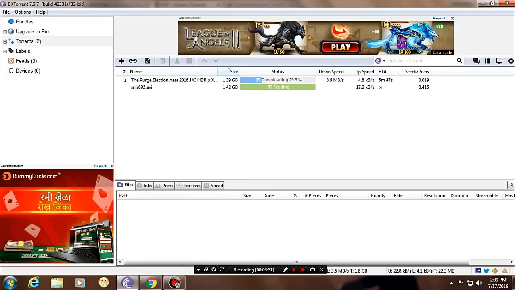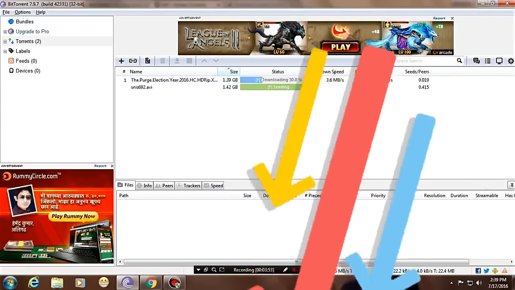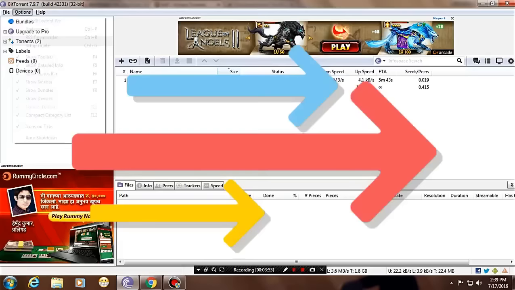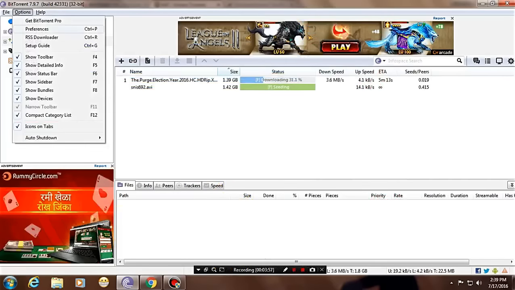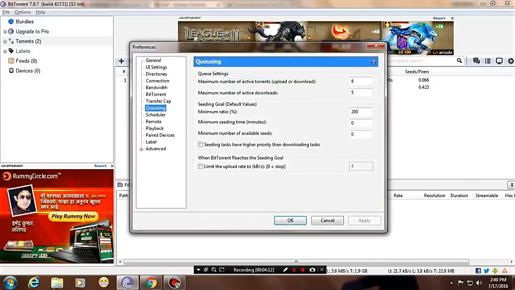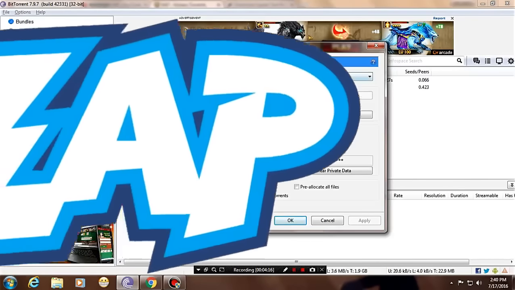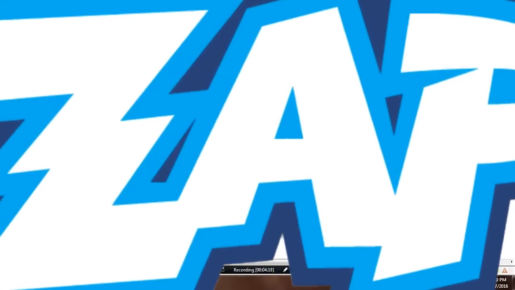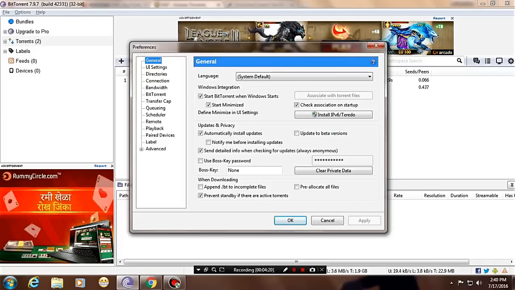Once you have done this, now let's start with the preferences or options, the ones you were actually waiting for. This is the main important thing which really matters for the downloading speed of your BitTorrent or uTorrent. Let's go ahead. Just go to the preferences, and let me start with General. The General one, leave it as it is.